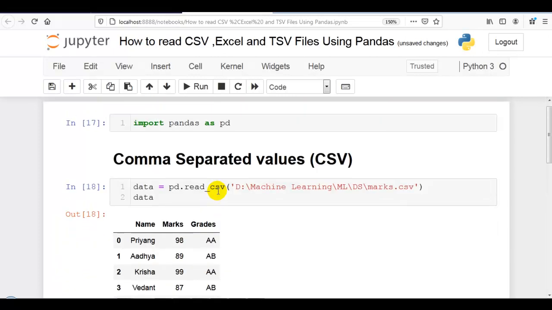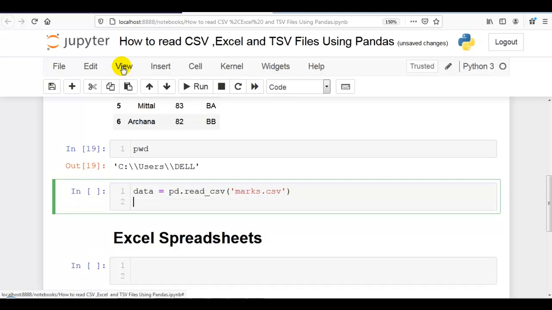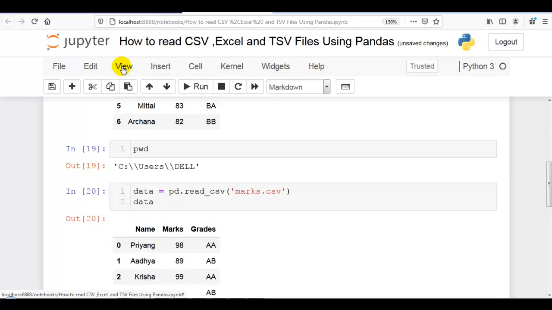So every time I am not required to write this path, I can directly give this file name. Let me show you: data equals pd.read_csv, then marks.csv, and data. Now you can see my file is directly available over here.